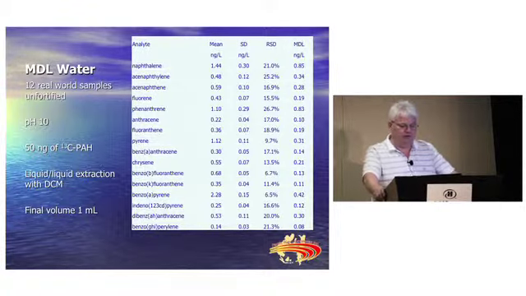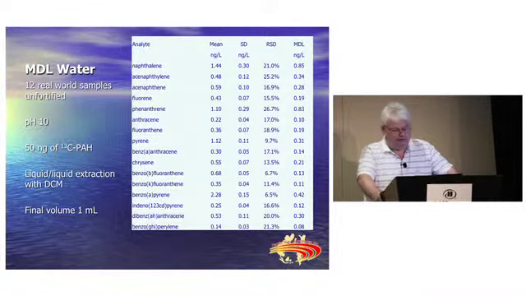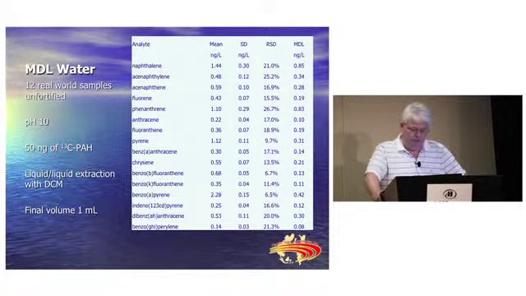Simple calculations, you take your standard deviation, multiply by 2.81, and you come up with method detection limits, all below 1 nanogram per liter. RSDs, they tend to vary more in the lighter end than in the heavier end, but all around 20% or